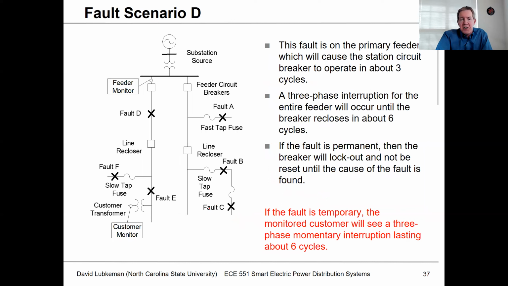And then fault scenario D, if the fault's on here, high up near the substation, this is going to cause a lot of current flow. This customer monitor is going to see an extreme drop in voltage, but it even gets kind of worse because